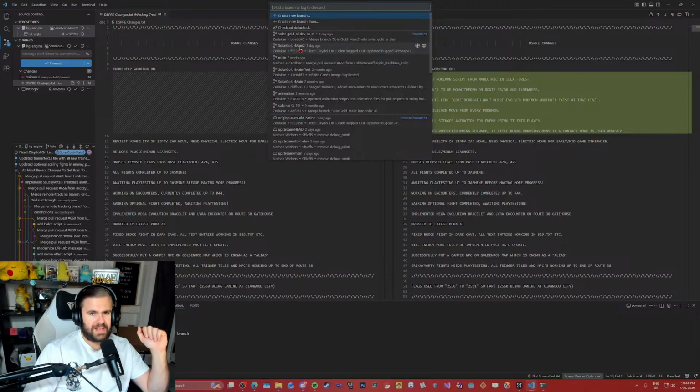So Solid Gold Main 2, which should just be Solid Gold Main, but I forgot to delete the main test yet, so I've just been using this one. Solid Gold Main 2 is like my main branch that uses everything from main in that branch, but with all my edits, is the easiest way to explain it. Then I basically merge that into Solid Gold AI, and then Solid Gold AI will have the AI concepts.